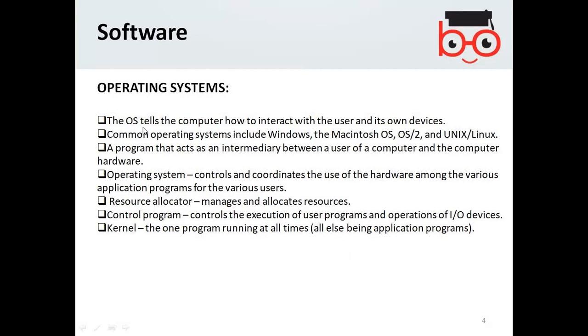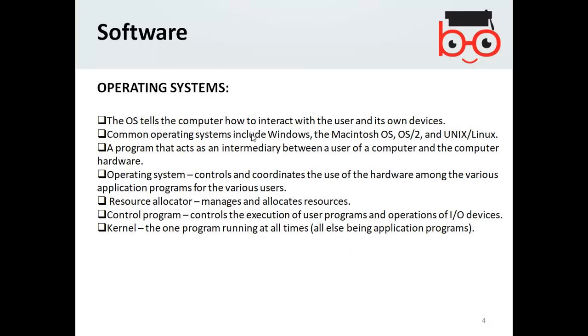Now, operating system. The operating system tells the computer how to interact with the user and its own devices. Obviously, Windows gives you an option to access your computer. For example, if you want to access your hard drive, you access it through the operating system.